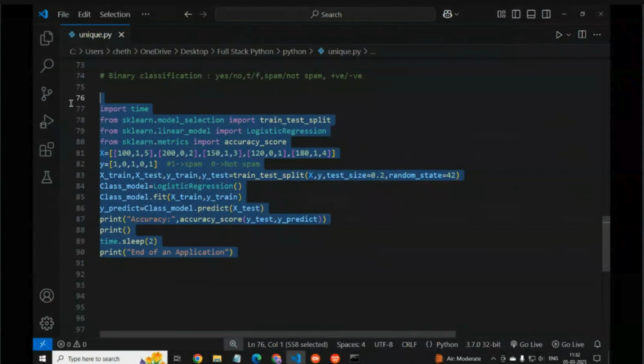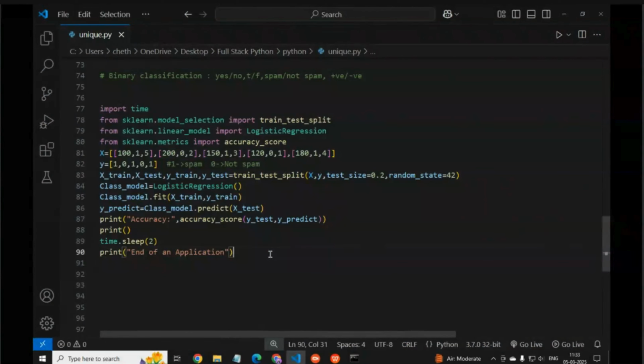So any doubt in this code? Why do we take data like this? Anyone? Here we take the data like the characters. We calculate the characters, whether the word 'free' is present or not.